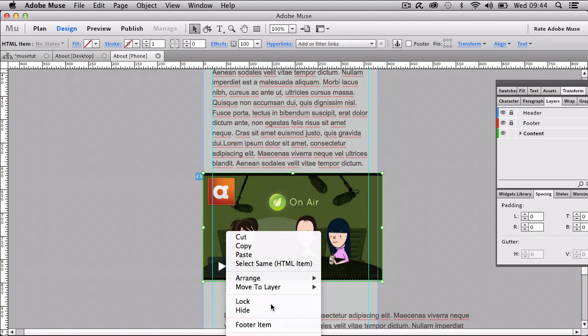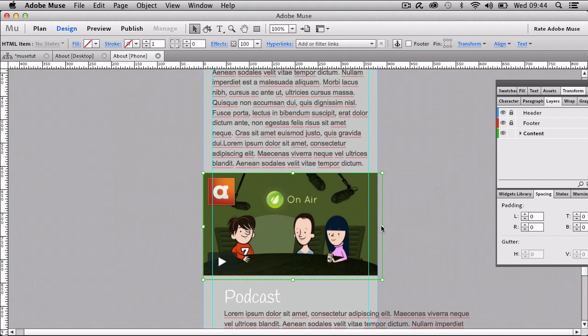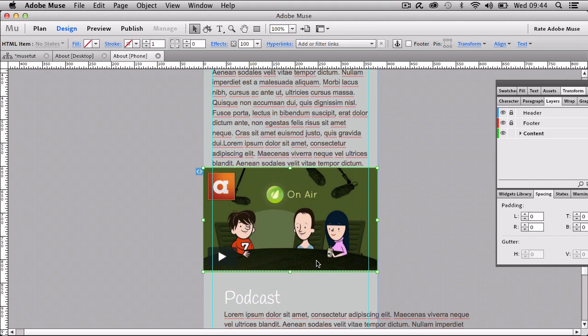And I'm going to edit the HTML, and I'm just going to set the width to 318. You might want to take off some of the height, otherwise you get those black bars on there, which doesn't really matter, but I'll set that to 220, something like that. And just let that update, and then we can just space this accordingly,